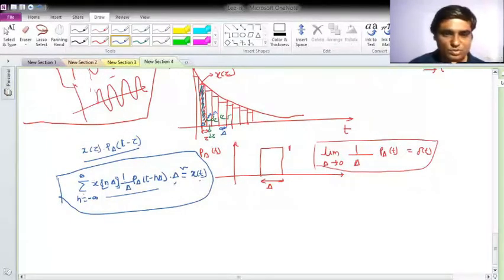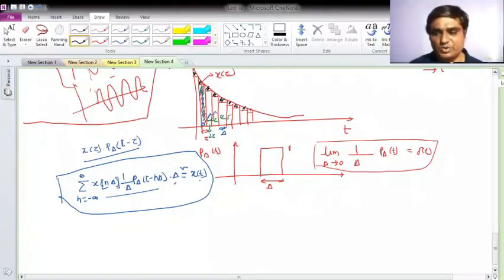Observe that I make this delta as small as possible. So what will happen? Because here I am observing that I have taken some delta, some duration, but still there is this error, right? So that's why it is approximate. Now I want to reduce this error as much as possible. So what can be done? That is possible by reducing the width of your box function, right?